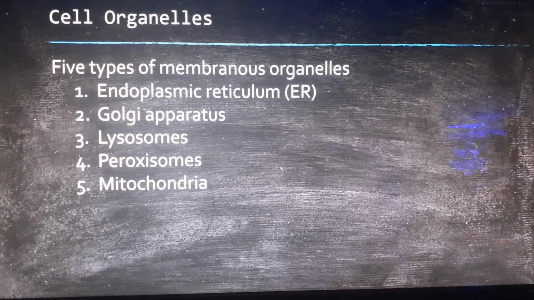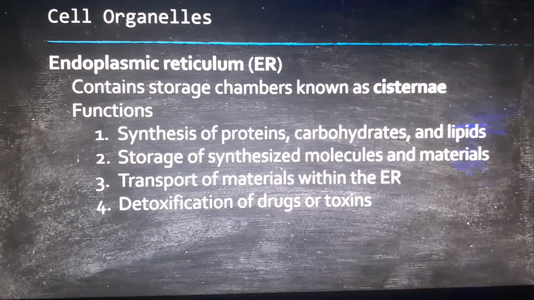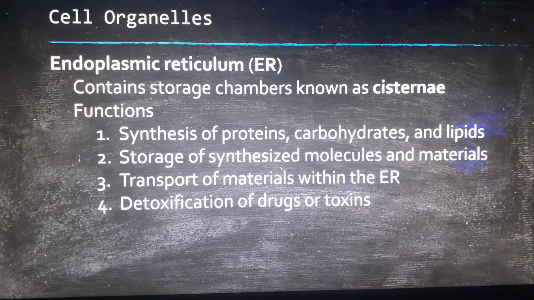So the first category, endoplasmic reticulum, is actually 2. What it is, is actually a continuation of a structure we're going to learn about a little bit later called the nuclear envelope. It's a double membrane structure that surrounds the nucleus, and then it continues on, folding back and forth out in the cytoplasm, and it's going to be divided into the smooth version and the rough version. Between the two of them, their jobs are to create proteins, carbohydrates, and lipids, to store the things that they create, to transport them around within the endoplasmic reticulum, and especially the smooth ER is responsible for detoxification of drugs